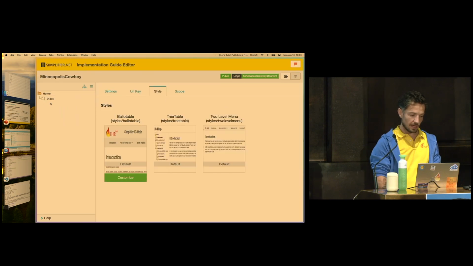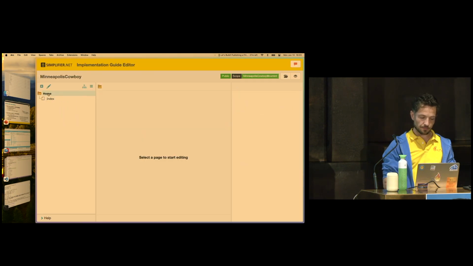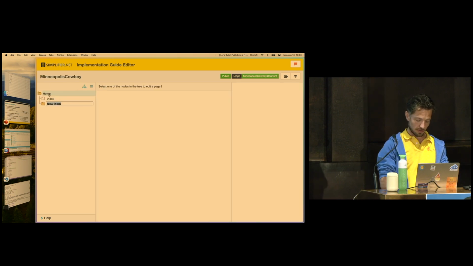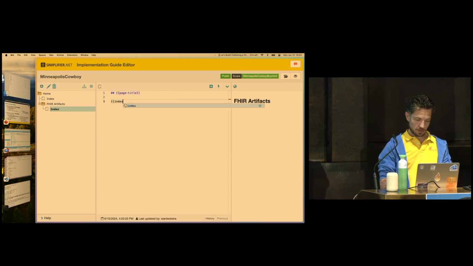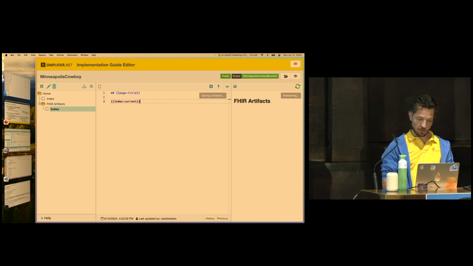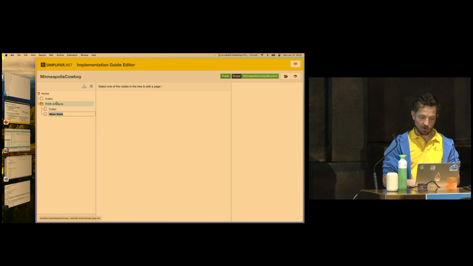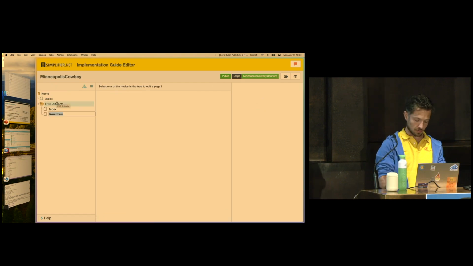And then if we want to add more pages, we can just create a new folder here and say, okay, our FHIR artifacts go here. And then maybe I want to make a page, so here on the root page, I will do a nice index from here, with all the pages under here. There's nothing yet. So let's make a page for our cowboy profile here. So I'll call this my cowboy